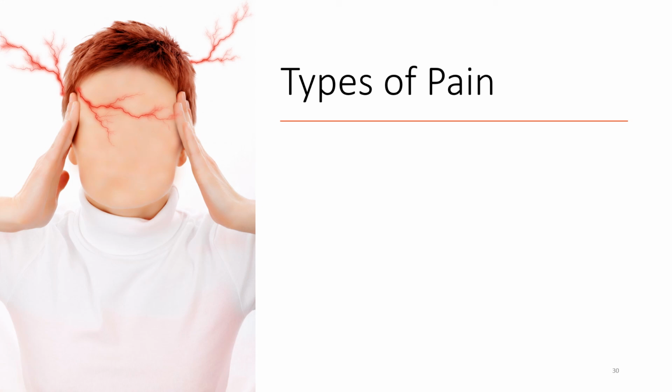In some situations, pain happens because of damage to neurons of either the peripheral or the central nervous system. And so the pain signals that are sent to the brain actually get exaggerated. This type of pain is known as neuropathy or neuropathic pain. And you may know people who have this kind of pain. You may know people, for example, who have